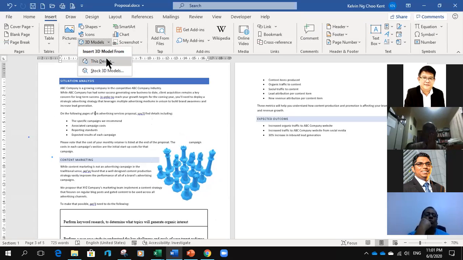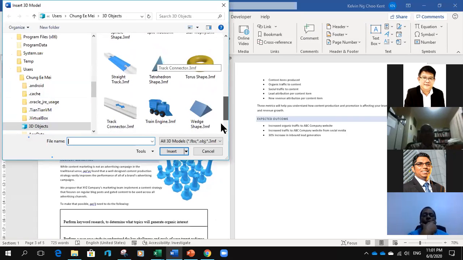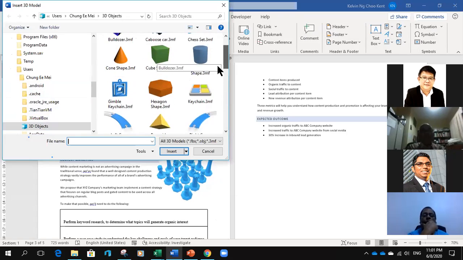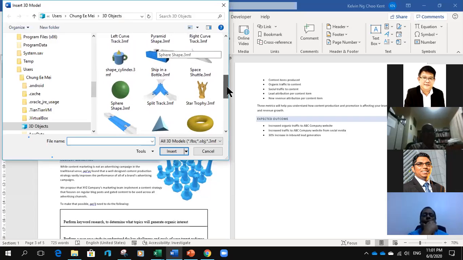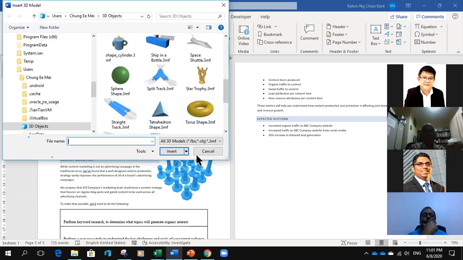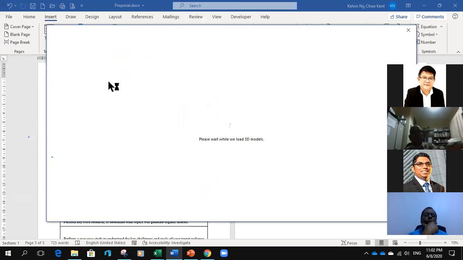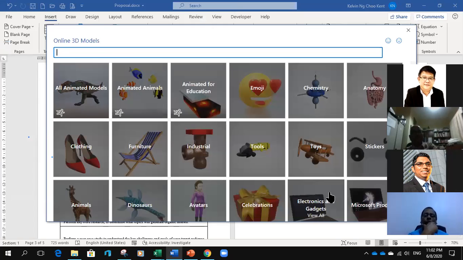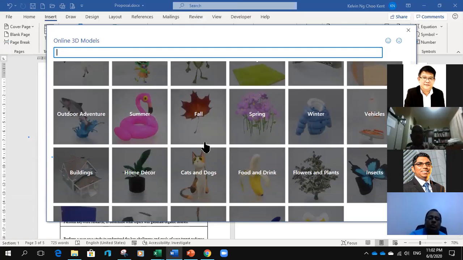Now, when you have Microsoft 365 in your device, when you install it, it comes within your object here. So you see, it comes with it. These are only the few that you can use. These are the 3D rendering. These are mostly 3MF format. But if you want more, you can go into this thing called Stock 3D Models. This is from the internet. You can go through this. There's a huge number of pictures that you can use here, which are all 3D.